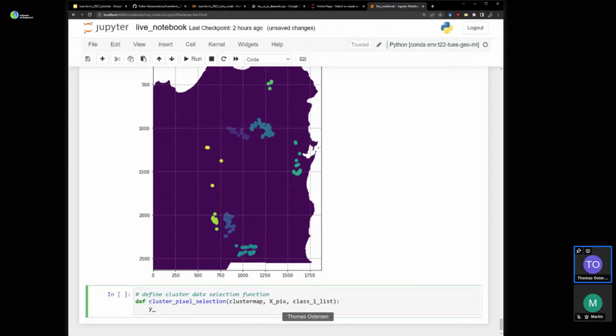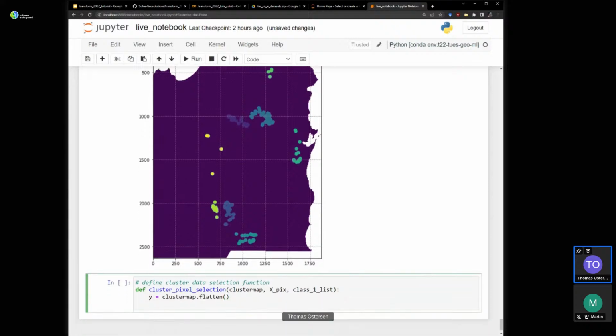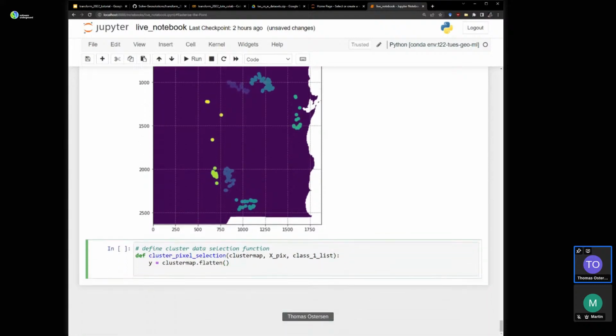So let's flatten, let's make a Y array, which is just a flattened cluster map. Next step is to remove nulls from the xpix. So we'll go x equals xpix, inverse np.isnan y. We'll do the same for the y.